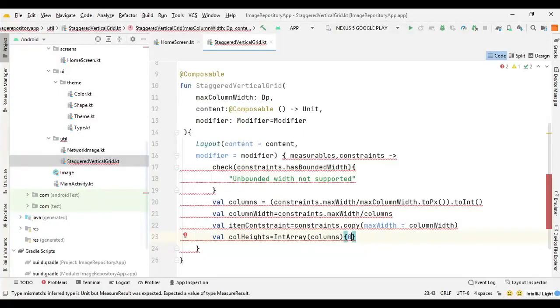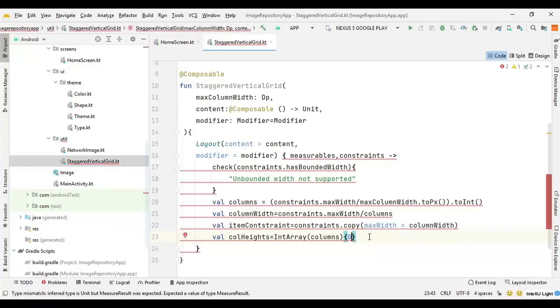So we can initialize it with int array with initial value of 0 and we can pass columns as a parameter to keep track of columns, and then we can later decide the height of the column as we put the items in the column. When we put items in the column, it will measure how much height it needs and then it will provide enough height for the column.